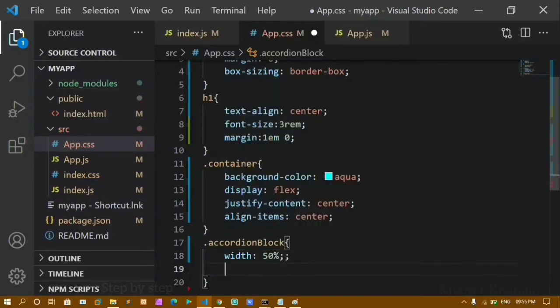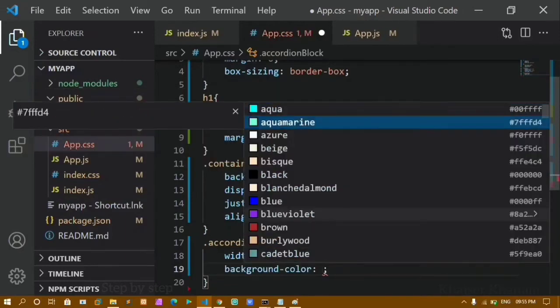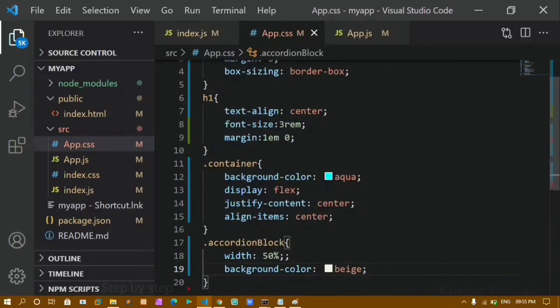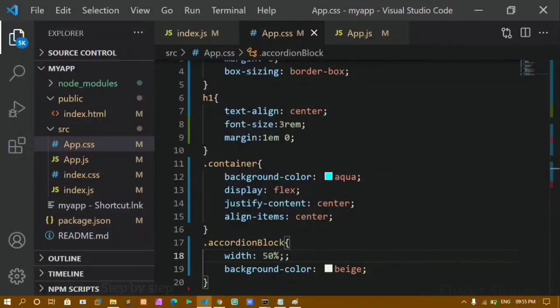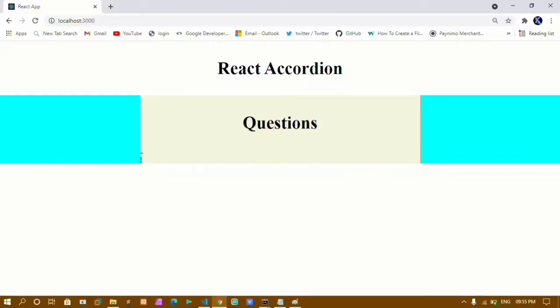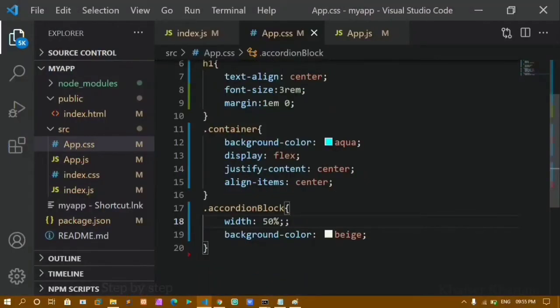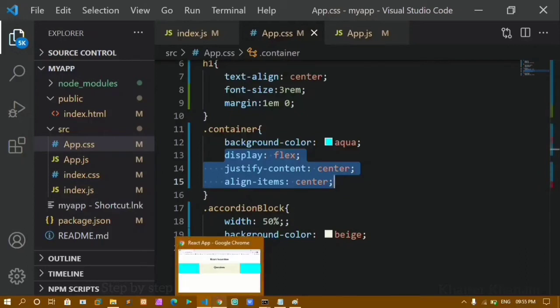Okay, without giving width, if I give the background color I'll just give white. I'll save this. I'll just comment this width. Now you can see this is my container. Okay, this is my question block container which is having only so much width, so I'll just give here width to be 50%. Now if you see, this is taking complete 50%. Now it's in the middle because I have given here justify content center, align items center.